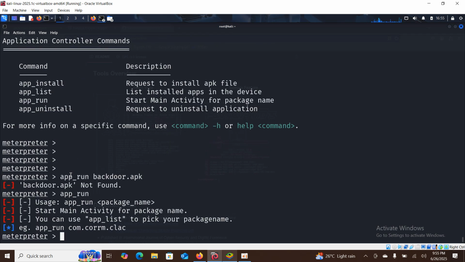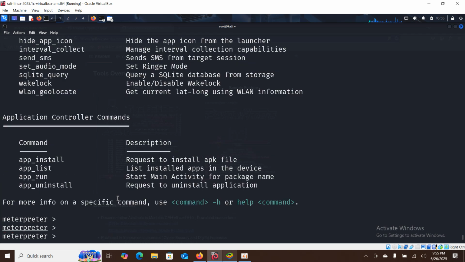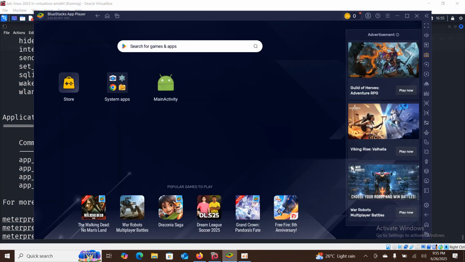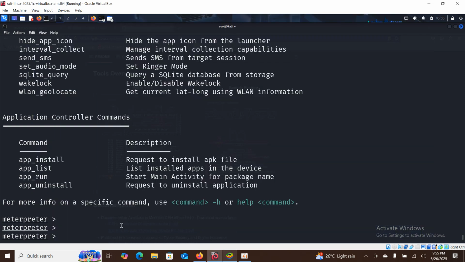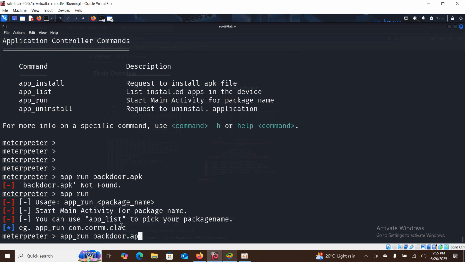So if I try to see apk run, I don't think this guy is installed yet. So if I come to, I don't think there's a Chrome. So let's check this. This is supposed to work. Maybe I type Chrome,